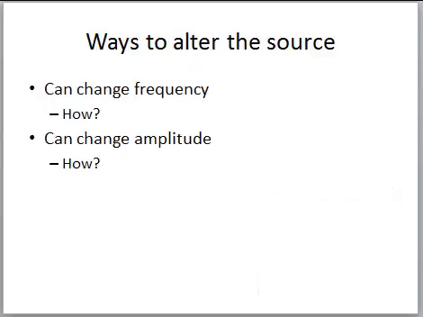So before we move on to talking about filters, I just wanted to refresh your memory. Recall that there are two ways that we can alter the source of a sound. We'll actually talk about a third a little later on in clinical applications, but for now we've talked about two. Frequency. We can change the frequency at which the vocal folds vibrate, and we do that by increasing or decreasing tension. So within one person, they really only have the opportunity to change the tension by contracting the cricothyroid muscle or the thyroarytenoid muscle. The other thing we can change is the amplitude of vibration.